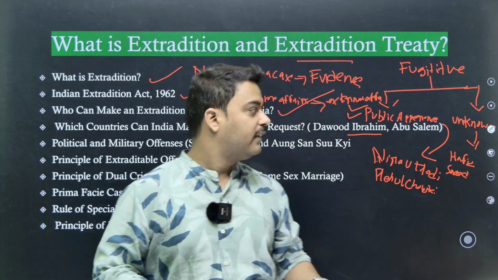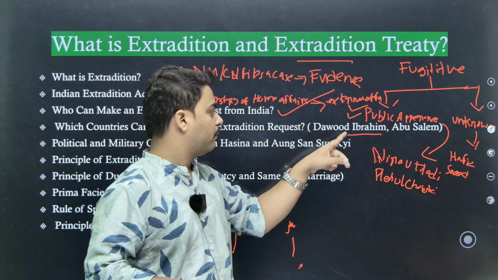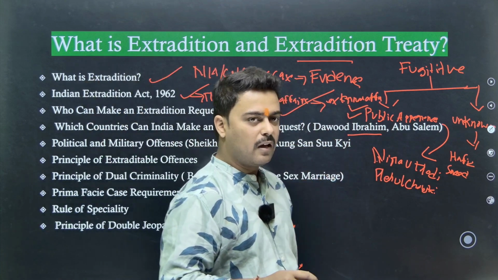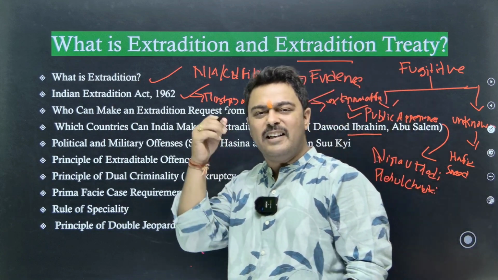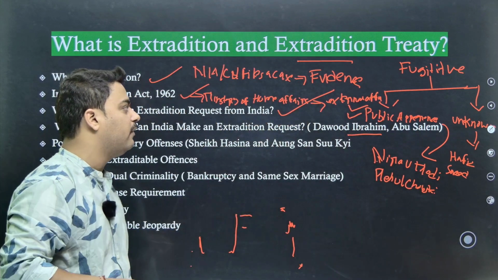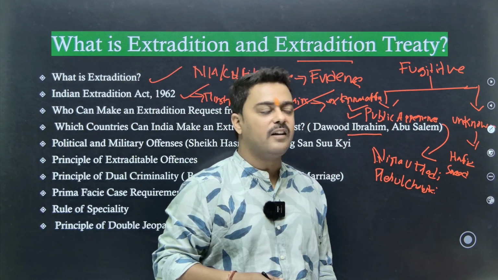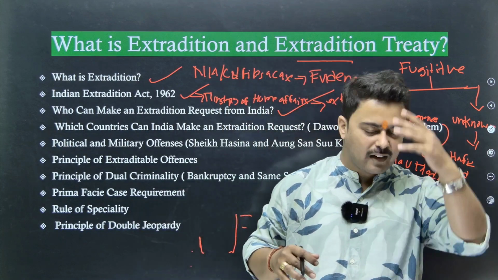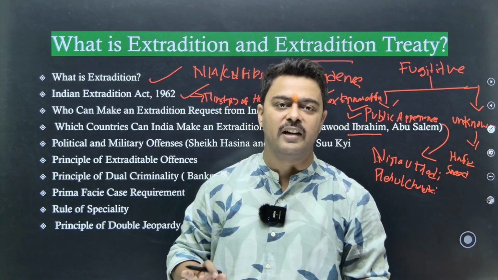Pakistan can easily deny that we cannot extradite Dawood Ibrahim to your country. Pakistan will immediately deny, because since you do not have an extradition treaty with India, we cannot surrender Dawood Ibrahim to India, and there are many other reasons which you all know. We do not want to get into the detail.